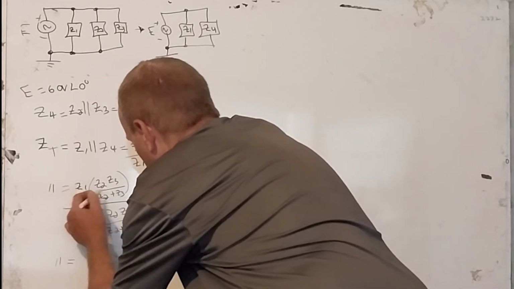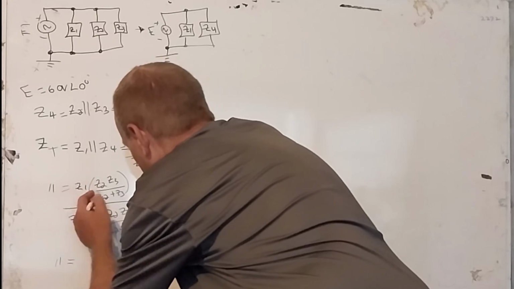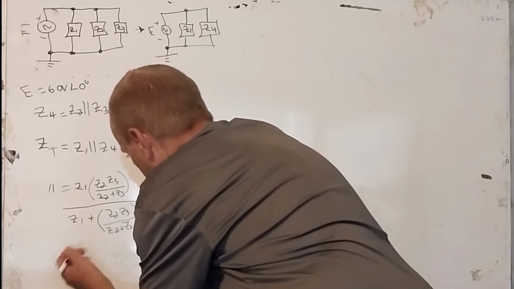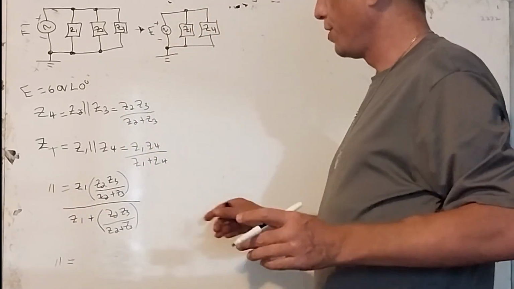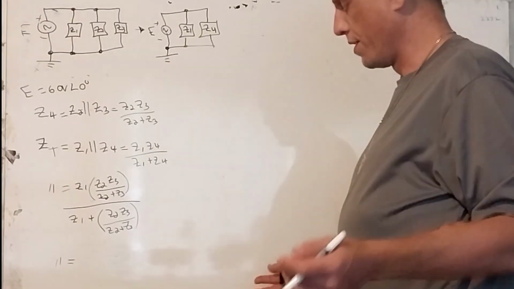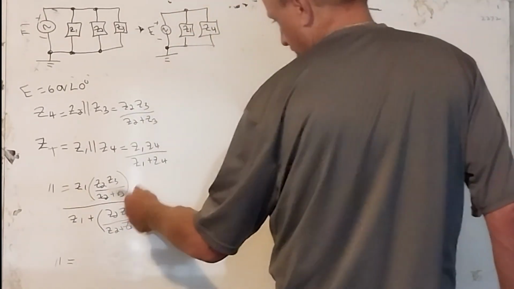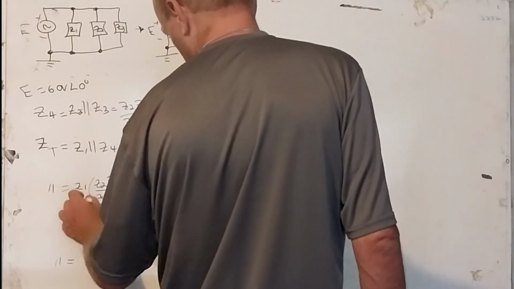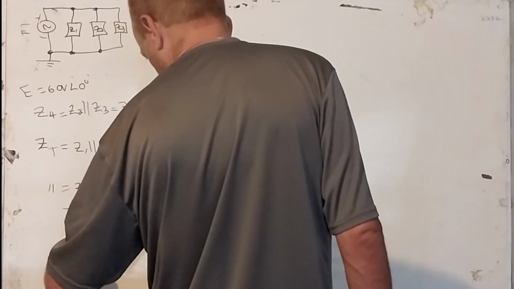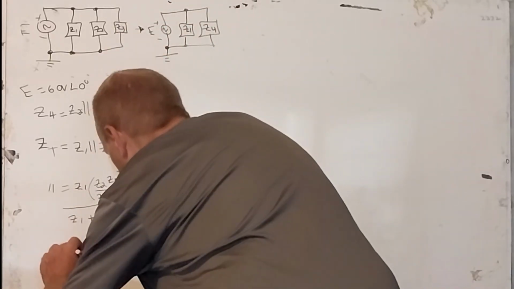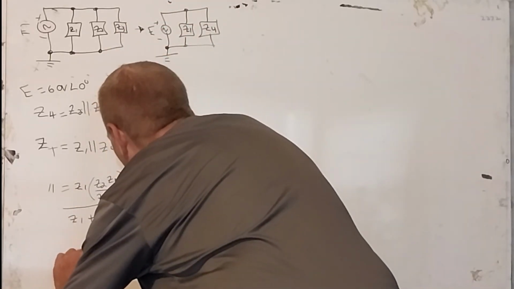This is a product of that. So Z2 plus Z3 times this over this is the same thing as 1 over 1. Z2 plus Z3 divided by Z2 plus Z3 is 1. So it's the same expression. We're just going to rewrite this in a different way. So this becomes Z1, Z2,